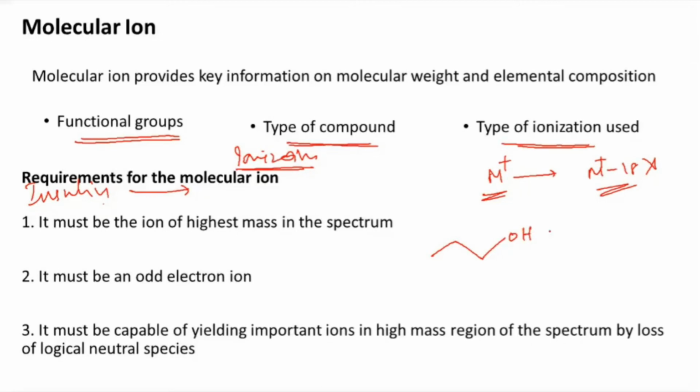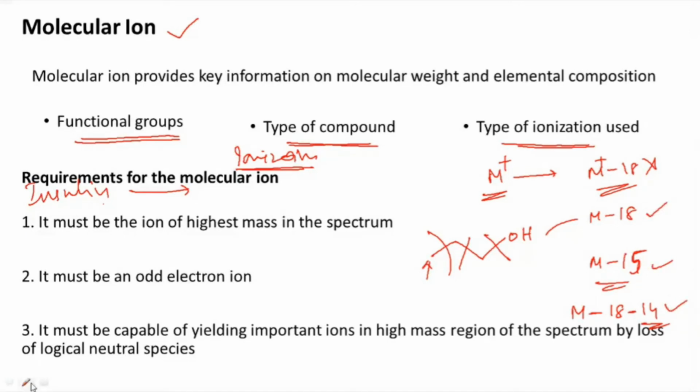So if this is it, from here M minus 18 can come, and M minus 14 can also come, meaning by removal of the methyl group from the second end. Okay, so both are possible. And if you observe clearly, M minus 18 minus 14 will also be there, M minus 15. Okay, meaning first degradation, second degradation. It is like that. So if you are proposing a molecular ion, you should also be able to support the chemistry by proposing possible fragment ions.